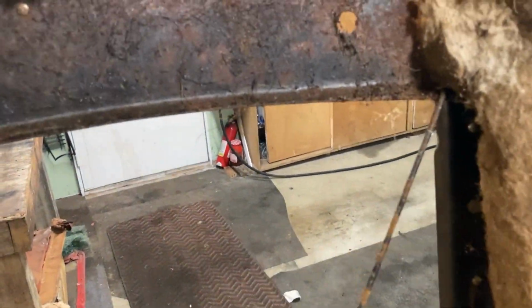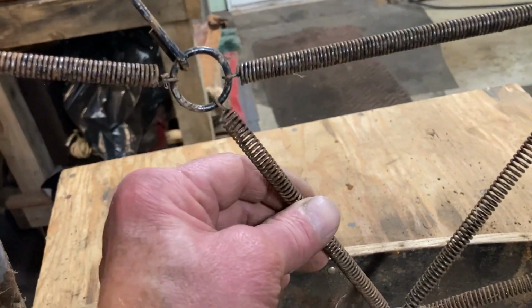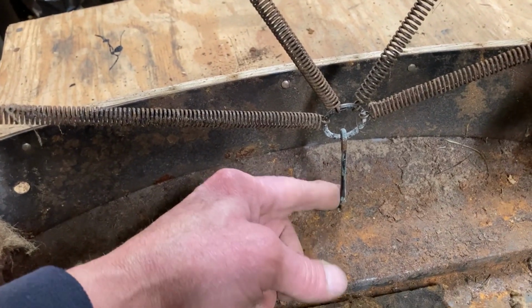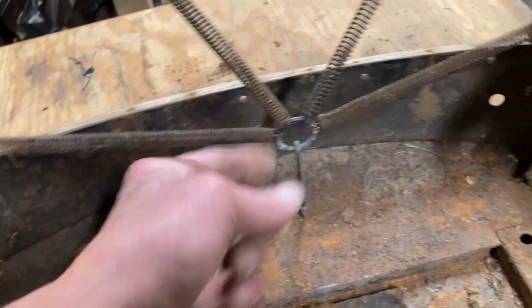And here are the springs. They're attached here and then springs. These will all be reconditioned and I'll reuse them. There's also a bracket here that holds stuff in place. So this will take out and recondition. Now, important part,